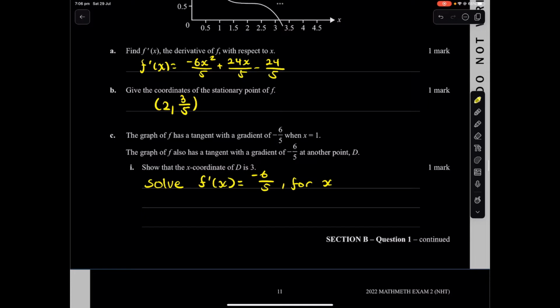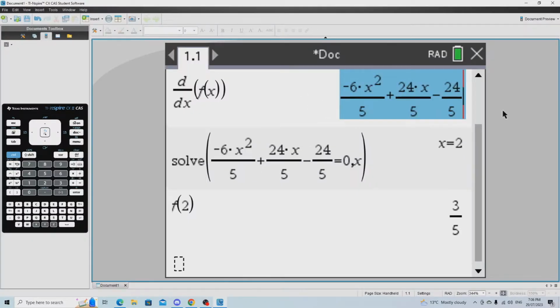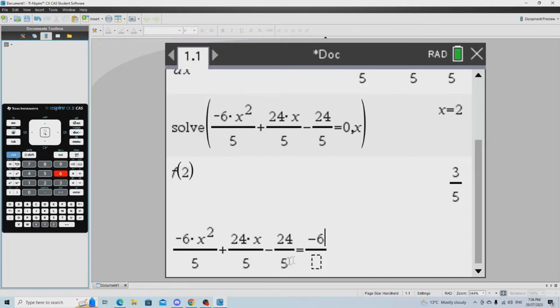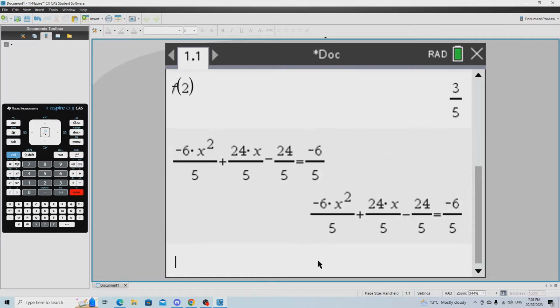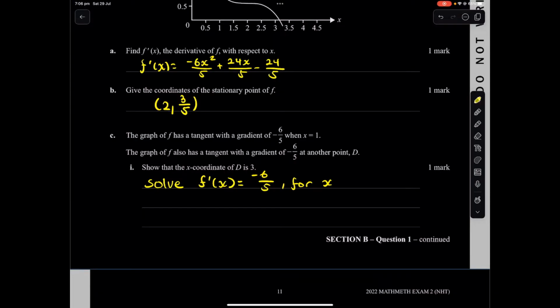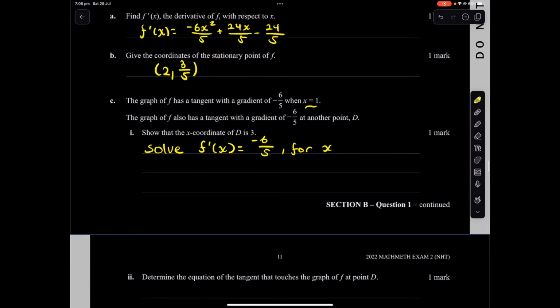We're saying the derivative equals negative 6 over 5, and we pretty much want to solve that, comma x. So we get x equals 1 and x equals 3. Because we know 1 is already x equals 1, so the other coordinate